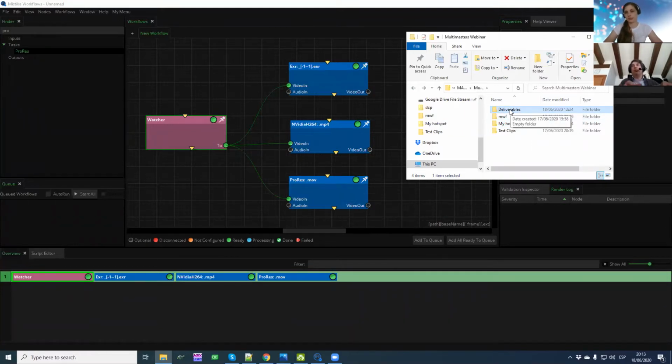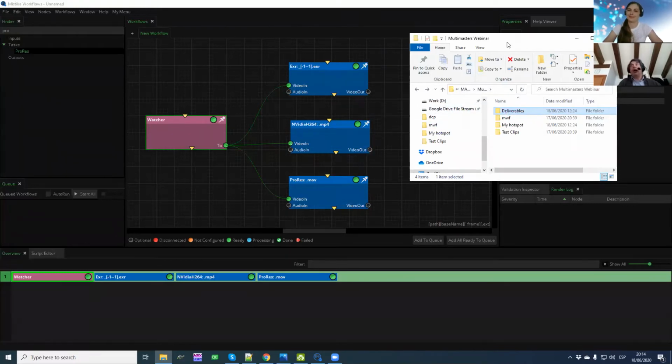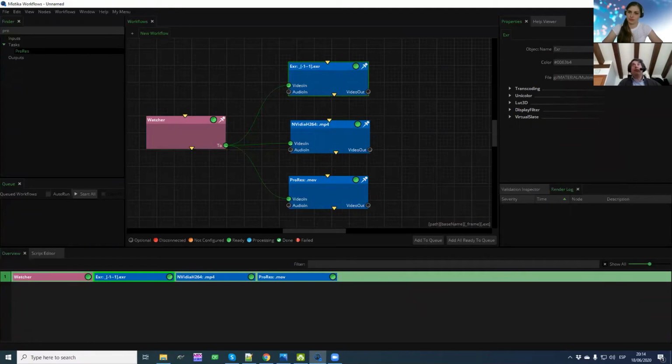For clarity, whatever contents I am generating are located in a specific directory. Because the watch folder is recursive, the directory trees will be maintained. That will help you to maintain a little bit of order in this deliverables folder. And in order to tell these transcoders to write the content in this folder, I am just going to get it and drop it here, here, and here. And you will see in the files property that the path for the transcoded versions is the deliverables folder